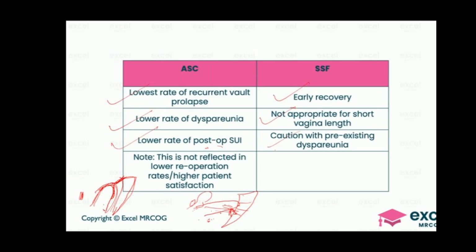This has more problem with SUI. This has less problem with SUI post-op. Okay, so lower rates of post-op SUI. All right. So in those who are sexually active, what is preferred is abdominal sacrocolpopexy, but that does not mean